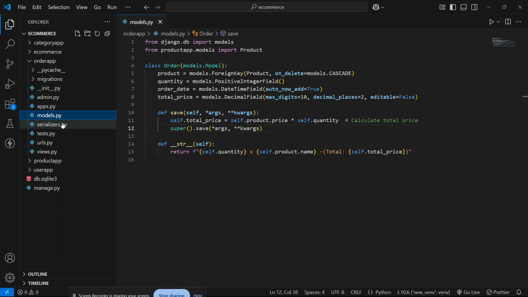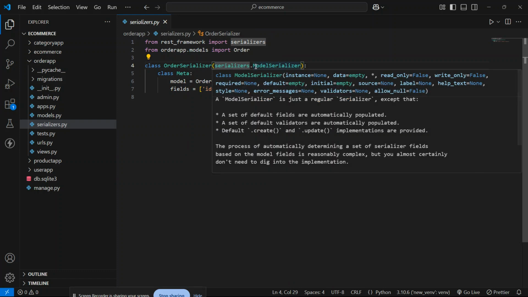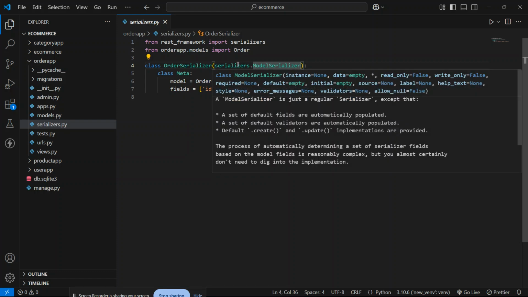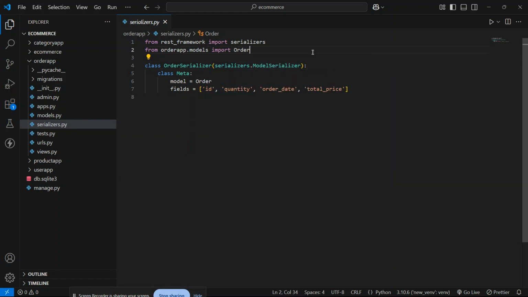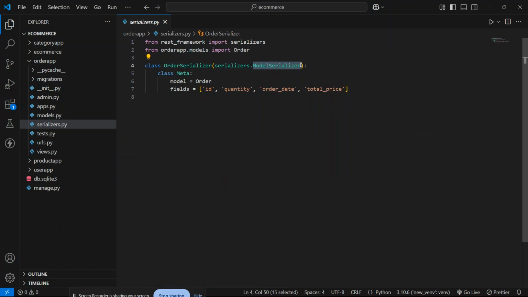So inside my serializer, this is nothing but the same as the product table. This is my class, the product serializer, and from serializers it will import another class, ModelSerializer, and it will inherit a base class named ModelSerializer.